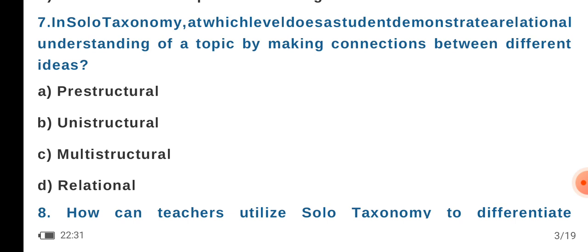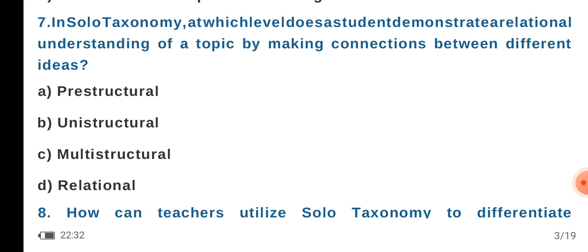In SOLO Taxonomy, at which level does a student demonstrate a relational understanding of a topic by making connections between different ideas? Letter A, pre-structural. Letter B, unstructural. Letter C, multi-structural. Letter D, relational. The correct answer in number 7 is letter D,